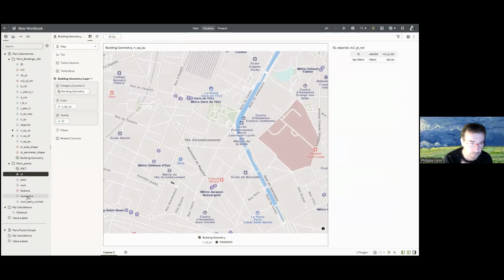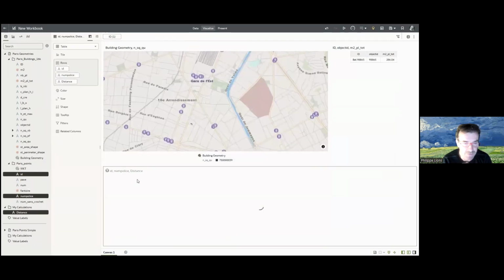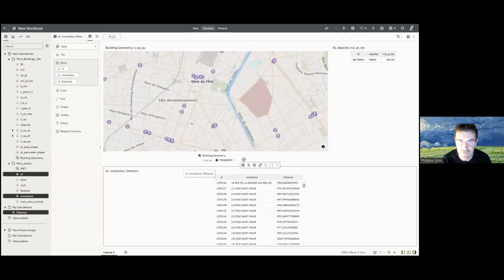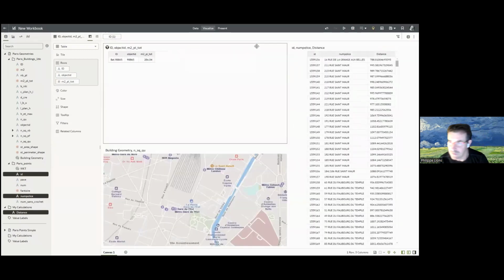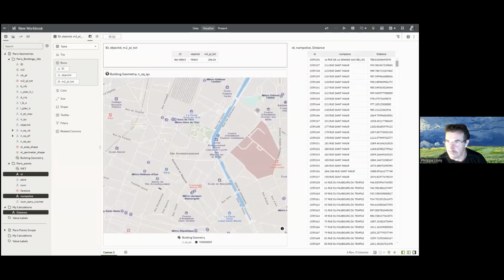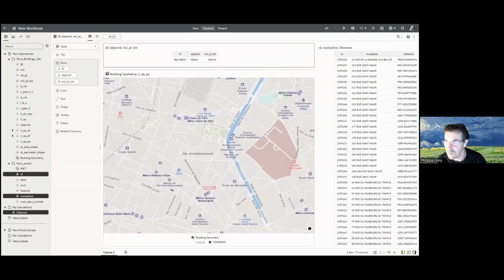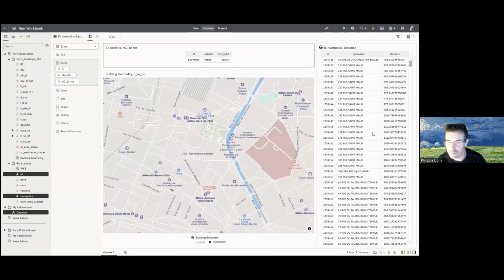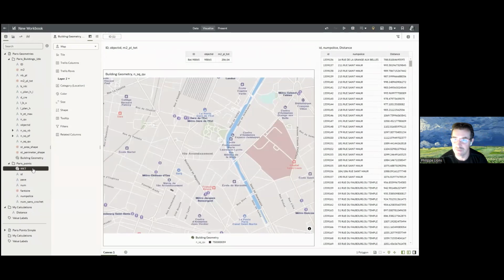I'm going to select my points, which could be restaurants, stores, whatever, and I'll select a pivot table and shuffle this around a little bit. These are all the points on the right of the screen with the distance, which is the last column, to the building that we selected.